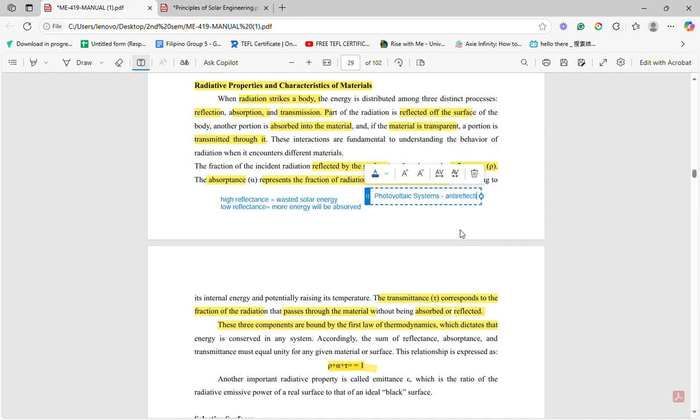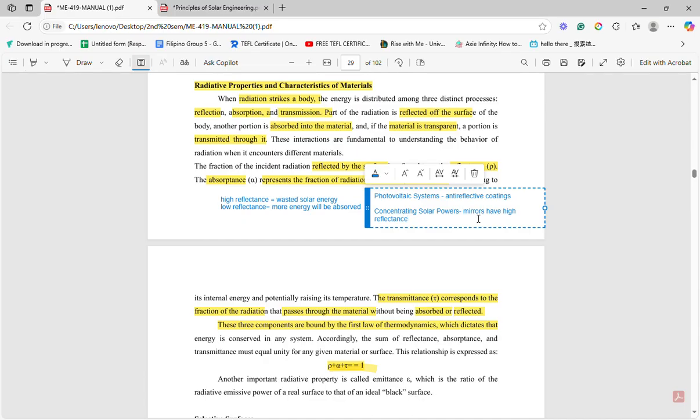It means the material that we have to use on our PV systems should have an anti-reflective coating so that all the energy will be absorbed. However, if we are talking about concentrating solar powers, like what we discussed in lesson 1, or the CSPs, since we are using mirrors, di ba? In CSPs, or during solar thermal collectors, we are using mirrors. And since mirrors have high reflectance,